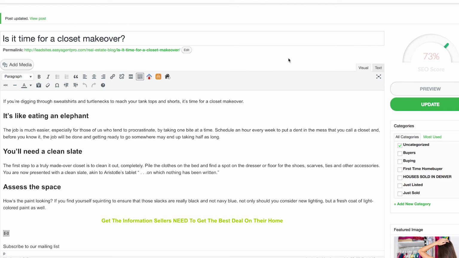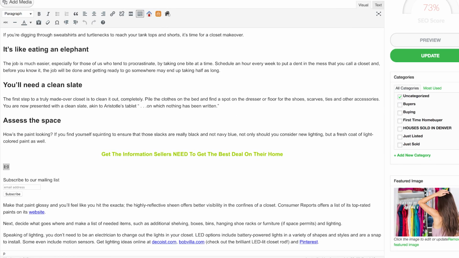And if this does happen for you, it may not. For me, it did. We did select the horizontal form, but mine's still aligned to the left. So what you might have to do is highlight the actual form here in the visual section. So I'm just going to highlight the button here, and then I'm going to do center. And you can see that popped my subscribe button over here to the middle. And if we update that,